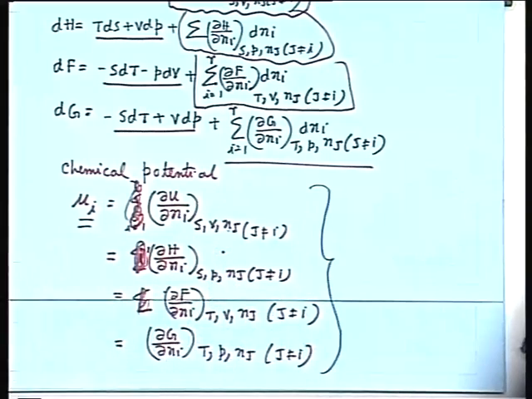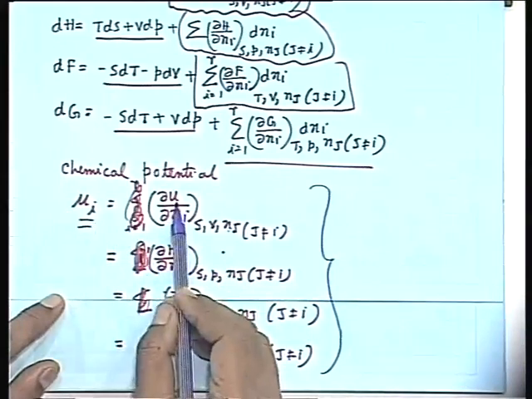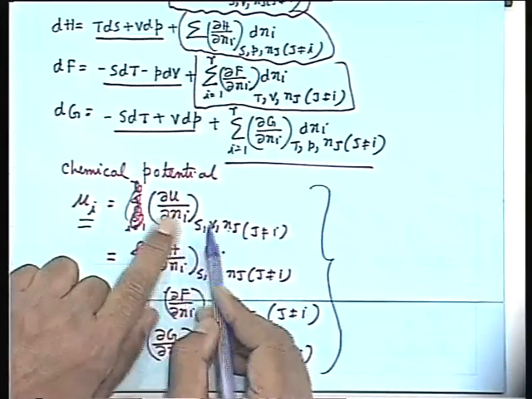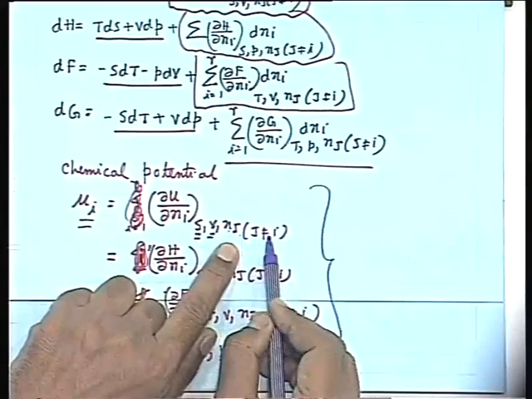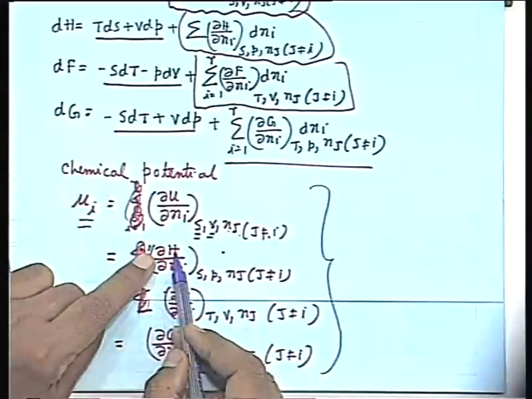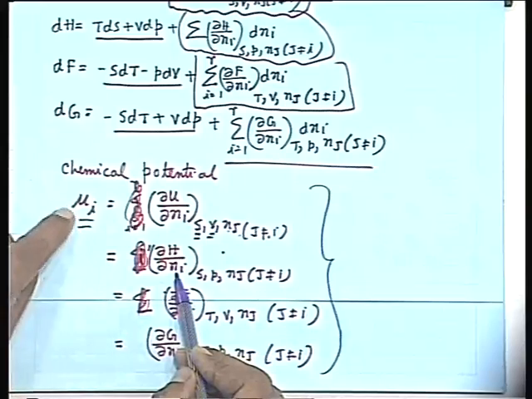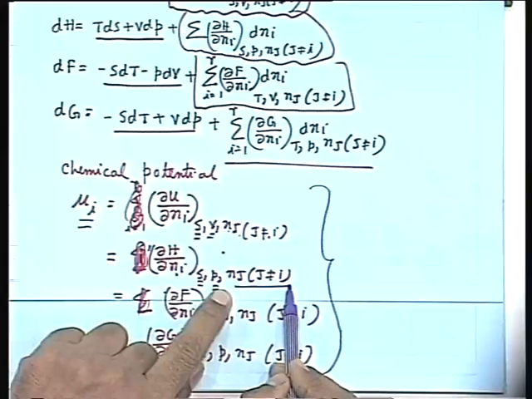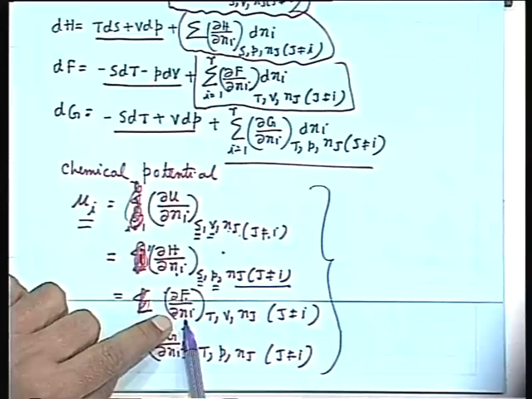Now we can give a physical definition, just stating this mathematical statement: chemical potential can be defined either as the rate of change of internal energy with respect to the number of moles of that component when entropy, volume and composition of the other components remain the same, or as the rate of change of enthalpy with respect to the number of moles of that particular component when the entropy, pressure and the number of moles of other components are fixed. Similarly, it can be defined as the rate of change of Helmholtz function with respect to the